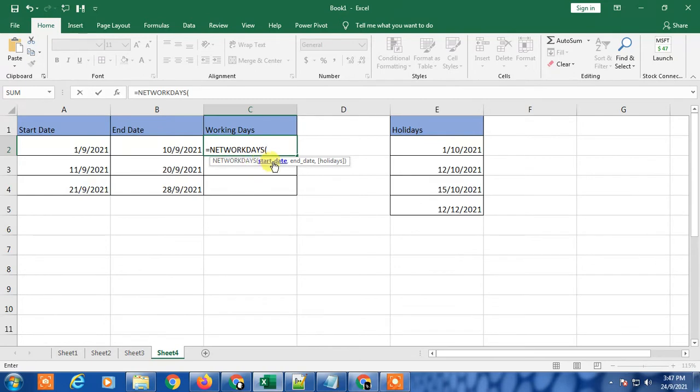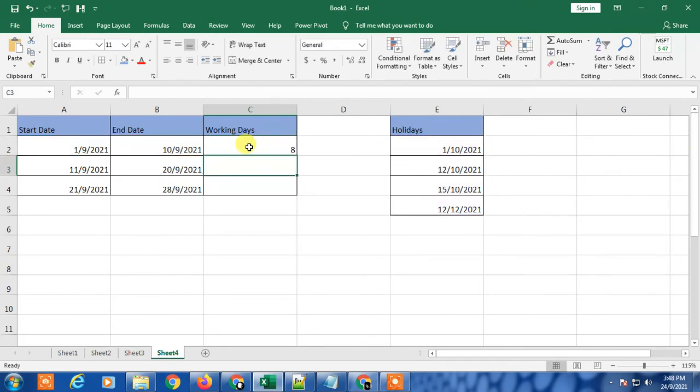You can see you have to select the start date, end date, and holidays. In my case, I select the start date, then click comma, then select the end date, then comma, and now select the holidays, and close the bracket.